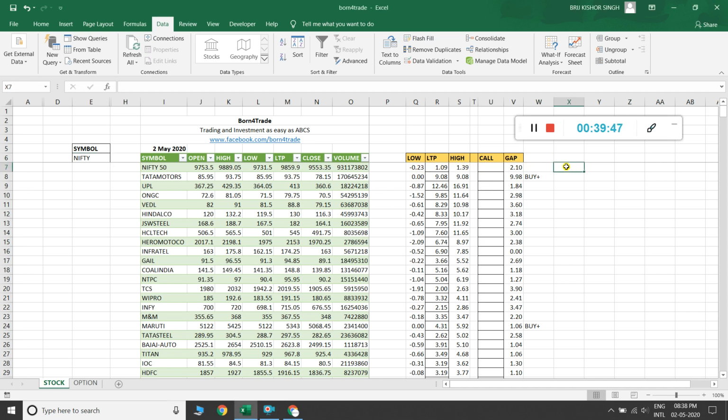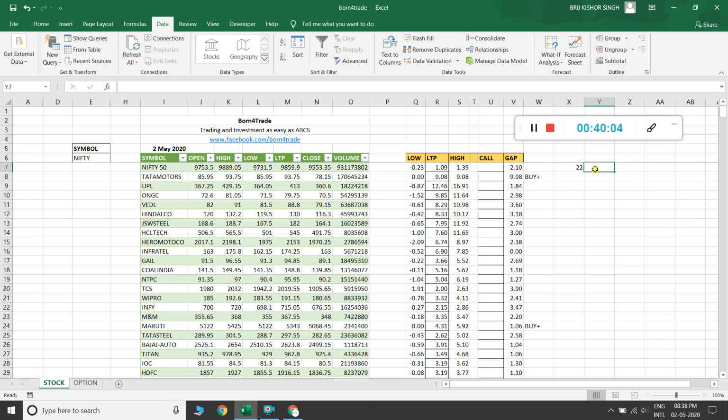Then I click here and make open minus low, that gives me 22 rupees.